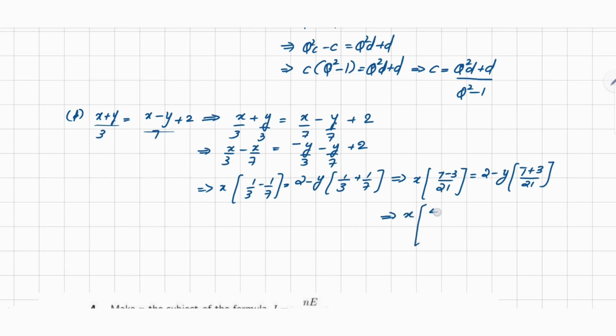That gives me 4 over 21 on the left, and 10 over 21 with y. I'm going to divide the entire equation by 4 over 21, which will give me